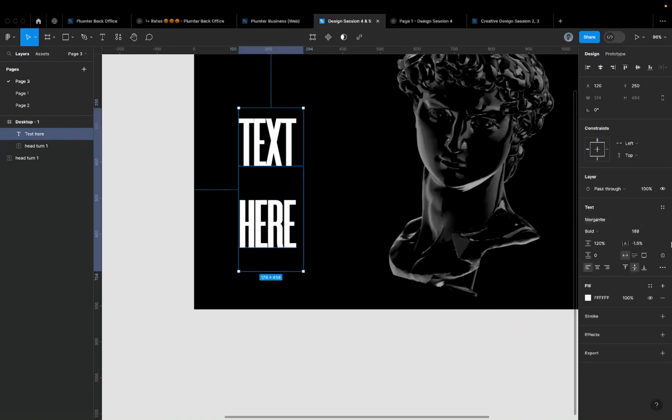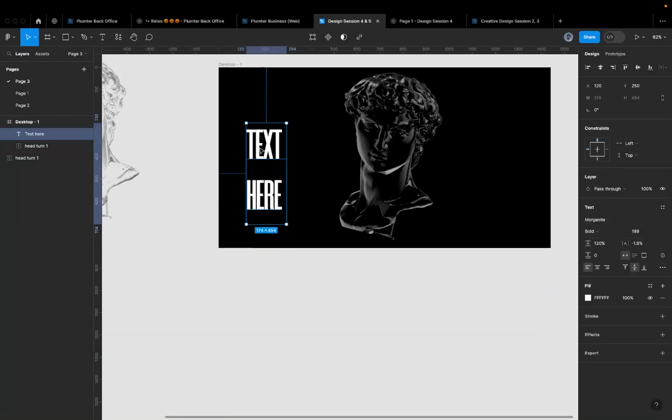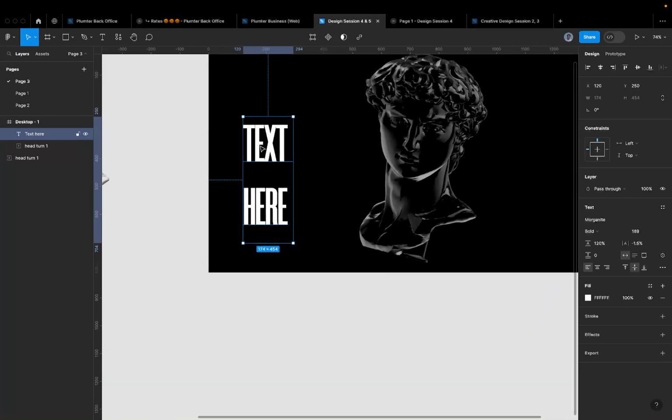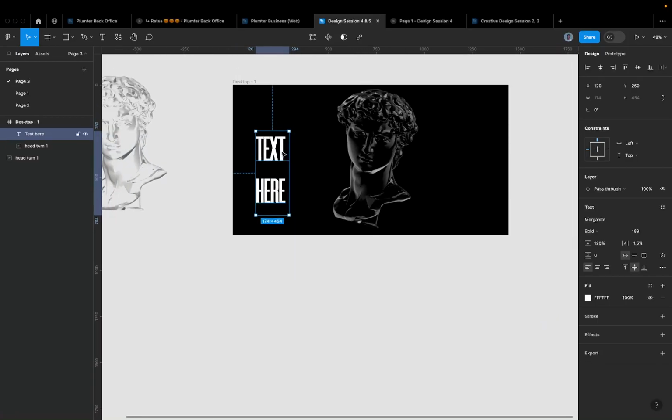What I'm going to do is, every time I add a body of text for the first time into my design, I never leave it that way, never by default, because if you add text to your design, everything is just going to be auto. You're going to see